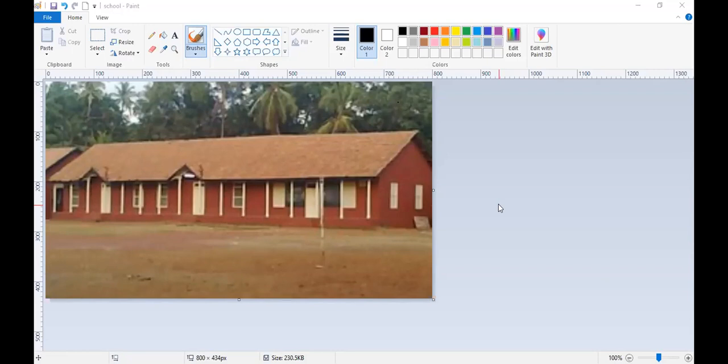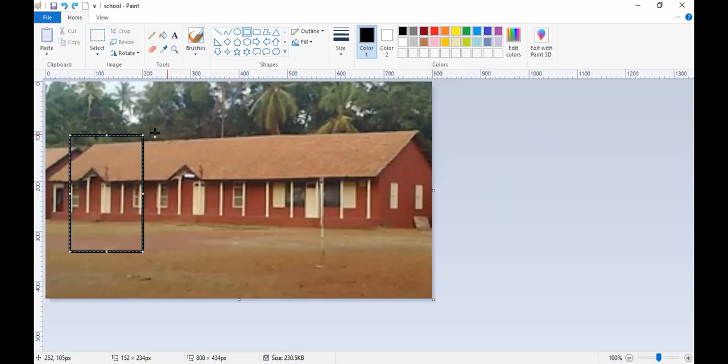Now the next thing is that you have to find the coordinates of the rectangle. I'm just drawing a rectangular shape over here. Can you see the rectangular shape now? Yes, here is a rectangular shape.